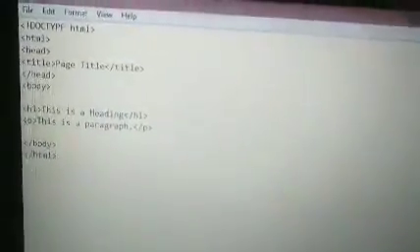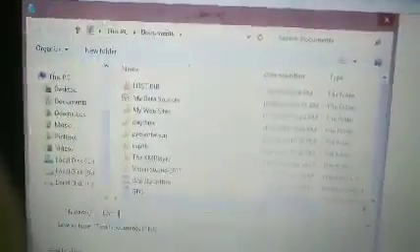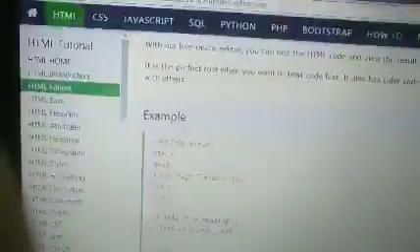I have already opened the Notepad over here. You know how to open the Notepad. Then you click on the File section, click on the Save As menu. You remove the .txt. I have chosen a location and saved it. Okay, you just minimize it.